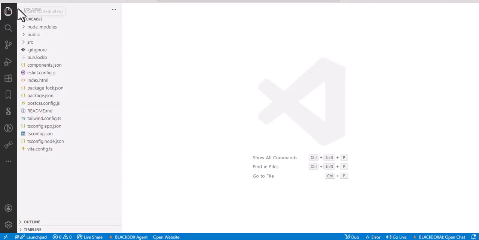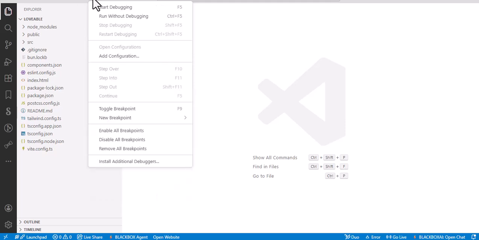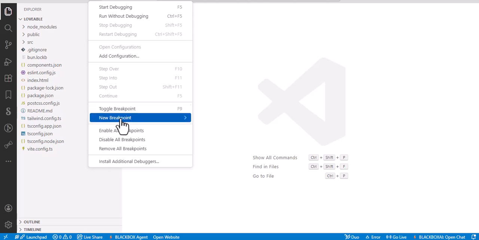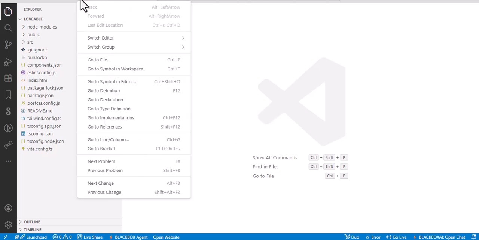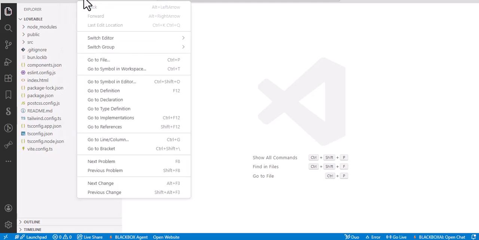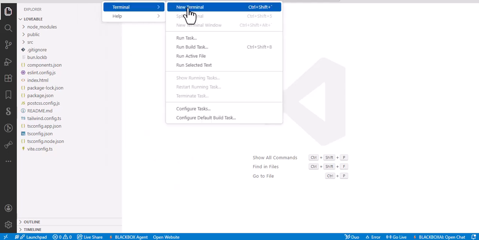Hello everyone, this is my Loveable project. I have run this here, so we have to run the terminal. So run in the terminal we have go, so this is the terminal. So new terminal, I click here,